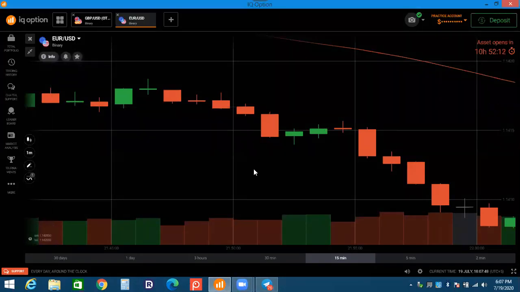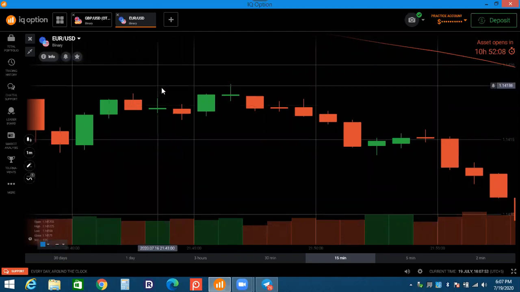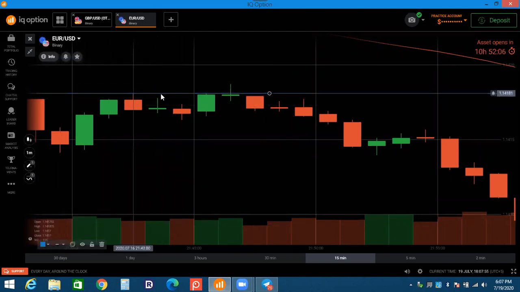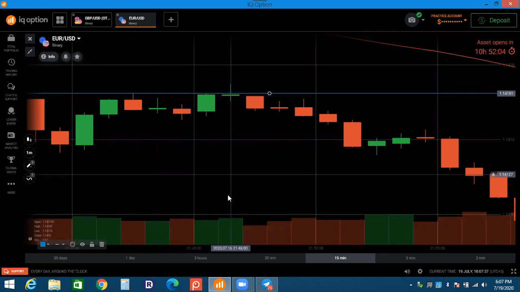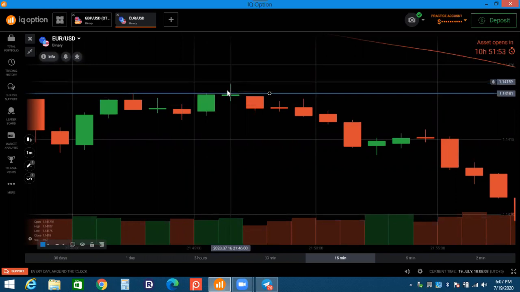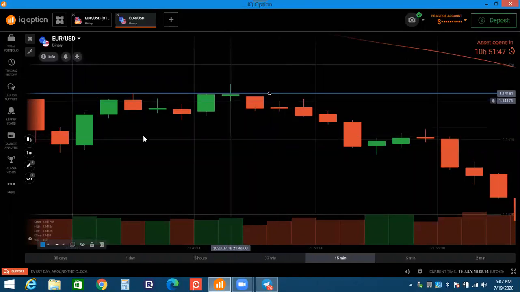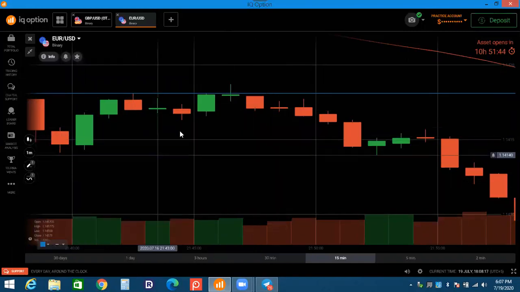If there is a resistance level or support level, look at it. I'll give you one example because there are only 2 minutes left. That is the resistance level. See, on the resistance level, volume is increasing. The sellers entered on the resistance. What is resistance? That is the supply area. Resistance is the supply. So the supply increased. When supply increases, you will see the downtrend. When the demand increases, you will see the uptrend. That is a demand. Look at it.